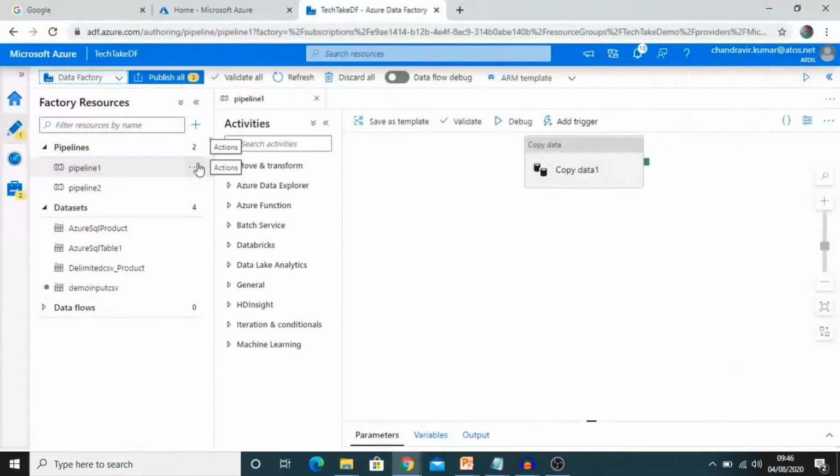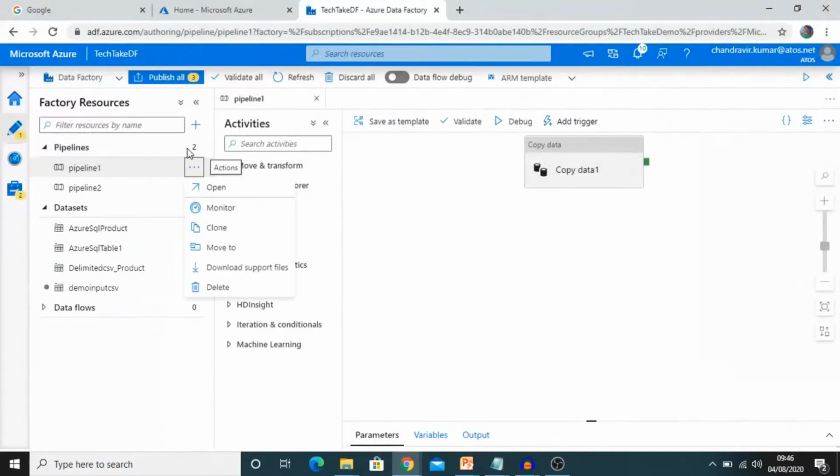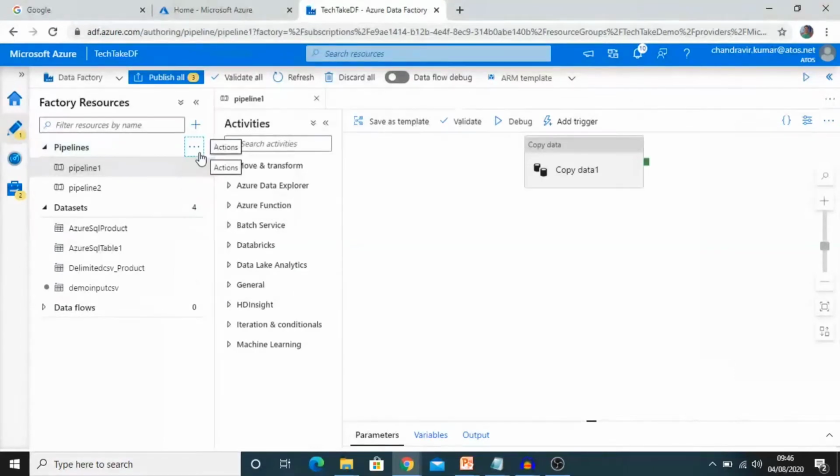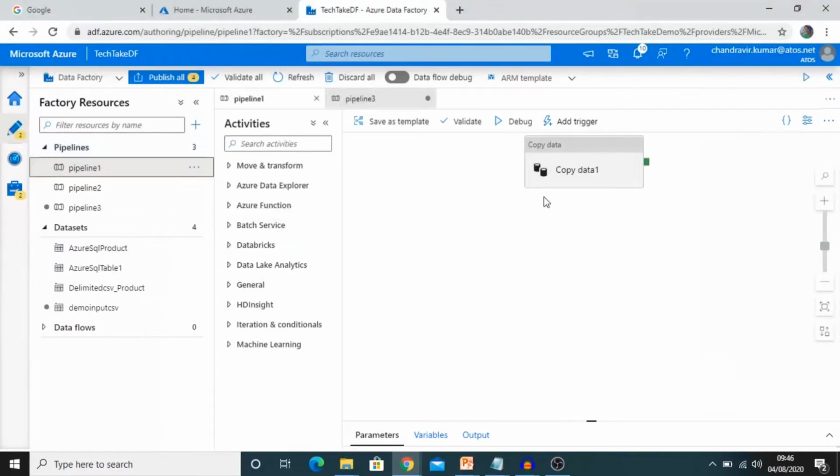Now move to Azure portal, go to Azure Data Factory. I am creating a new pipeline here. Just hit the new pipeline option. So pipeline 3 I have opened as new.